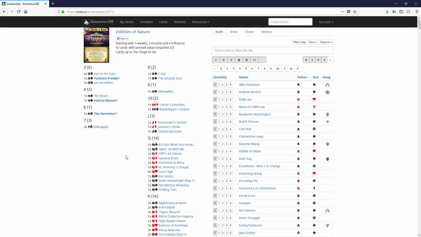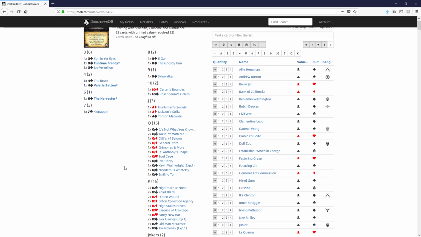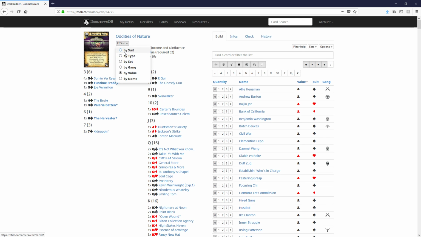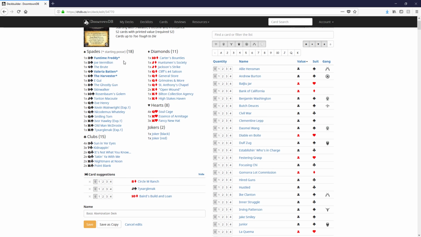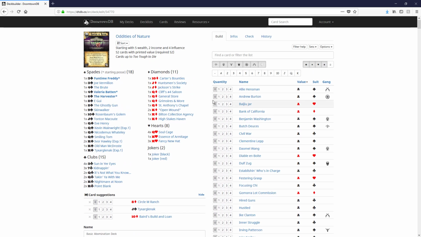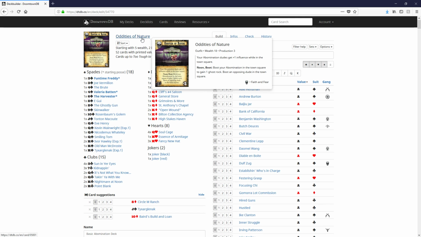Meat grinder decks lose dudes but do not care because they either A, play a lot of dudes, something like a meat grinder deck out of Sloan, or they have a lot of ways of bringing dudes back, which is what we have. We're not only running 18 dudes, as you can see by our deck, but we also have multiple ways of bringing those dudes back, and that's the key of the deck. We're going to be combining our ability to stay in the game with Oddities of Nature,